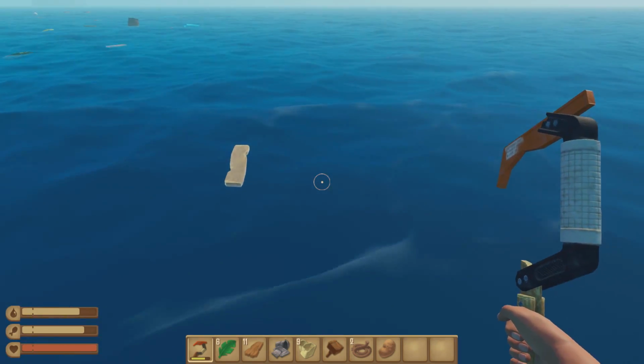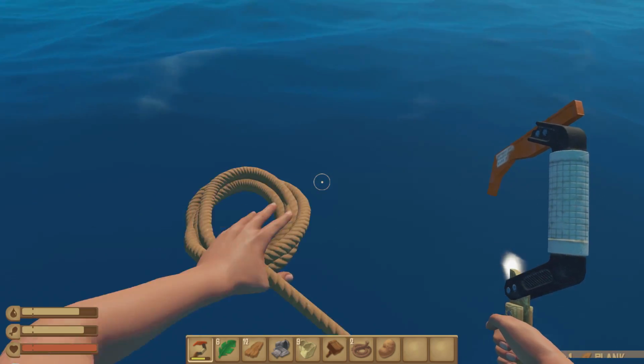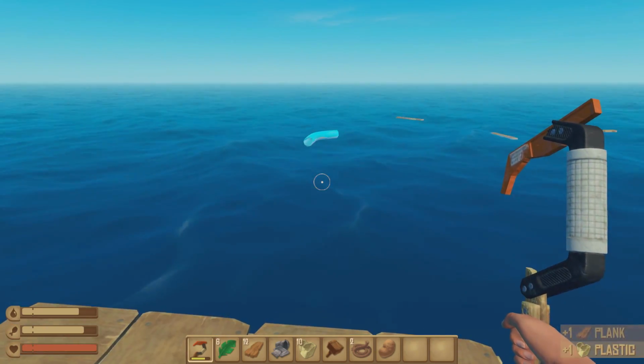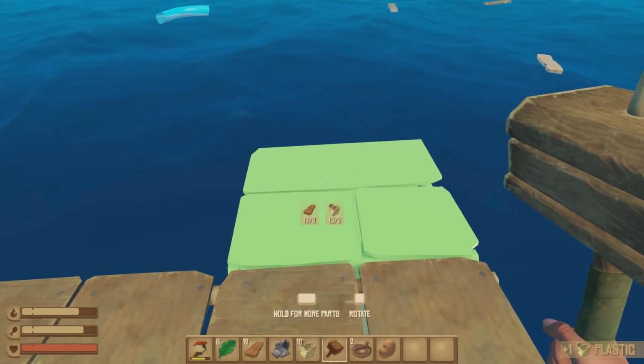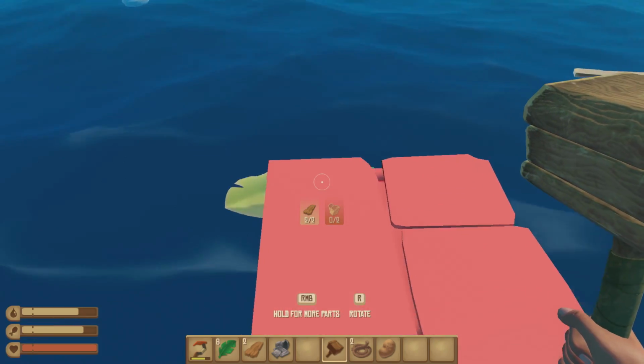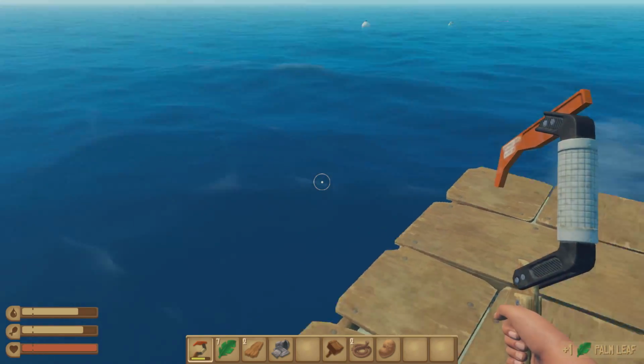We honestly don't have a lot of stuff coming in. I can grab this guy right here, and I'll get this plastic. It takes 2 plastic, and I think... Oh, I don't know. What does it take? It takes 2 and 2 to make this thing bigger? All right. Well, we'll go like that then, and we'll give ourselves a little bit more land to play with,